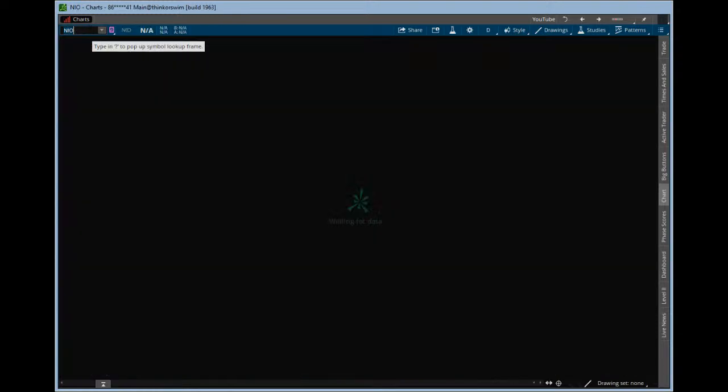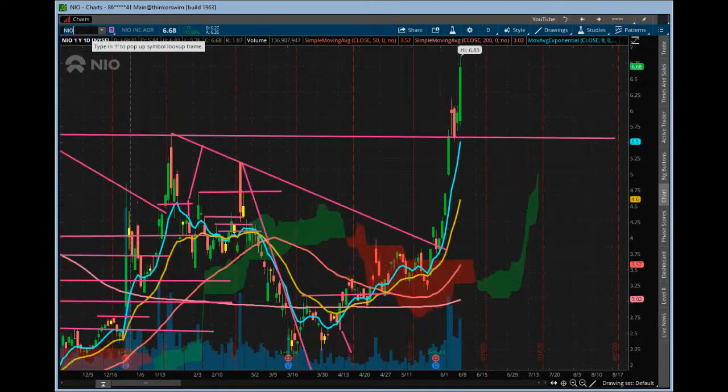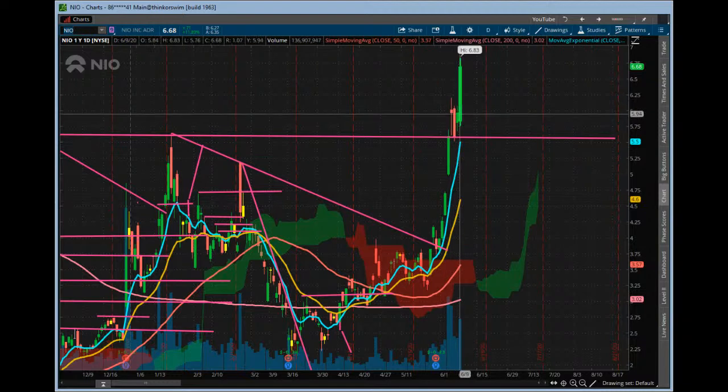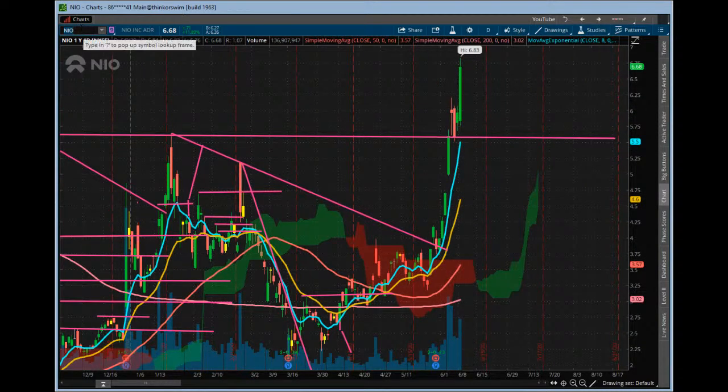NIO. Wow, this thing is epic. This thing just keeps on going. Incredible. I guess it's just riding on the coattails of that Nicola one, but it's been going anyway. Such a great move since earnings, right? Had like 2 or 3 consolidation days, and then a big move today. Great job on that. That thing can play on some options right there.